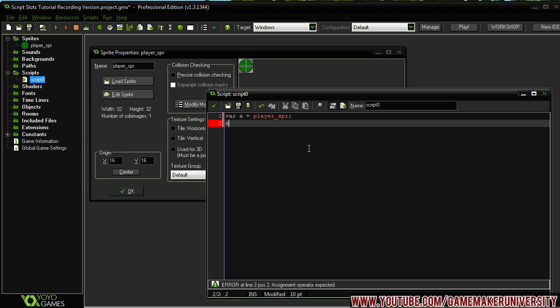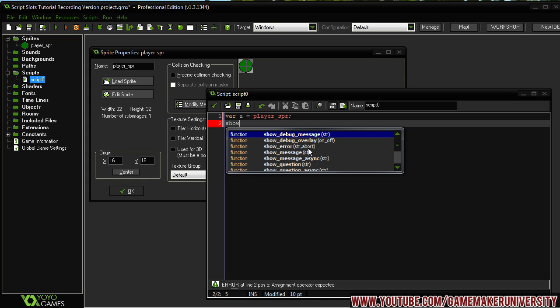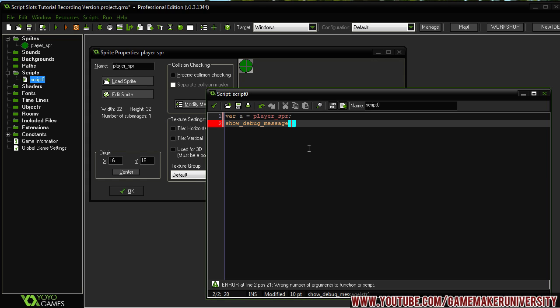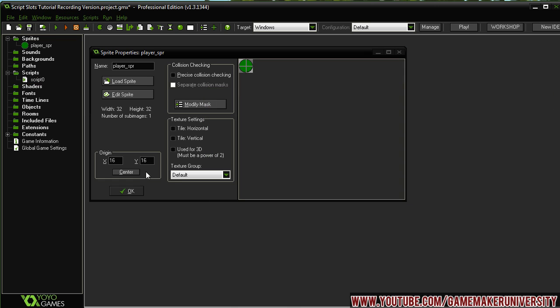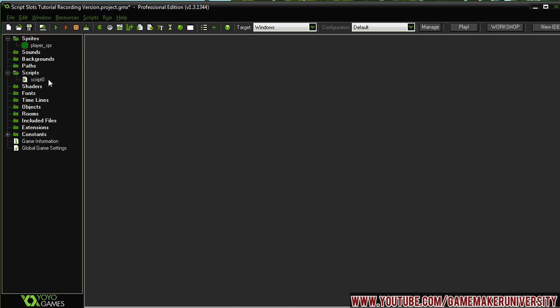In fact, let's just test this real quick. Let's show a debug message in the GameMaker console and just show a right there. And it'll probably be a number. So let's test that out. We want to test quick